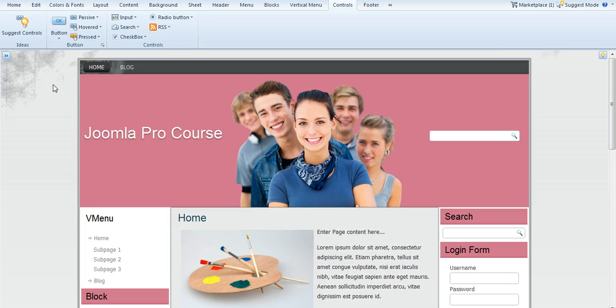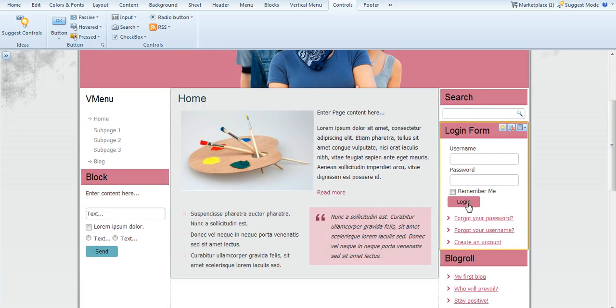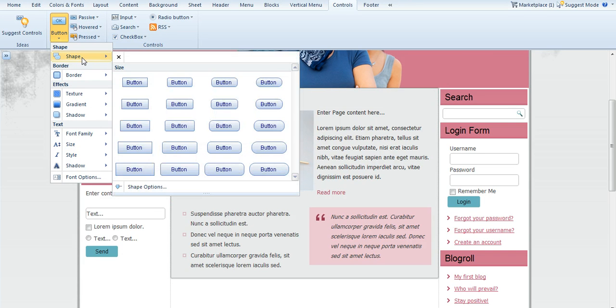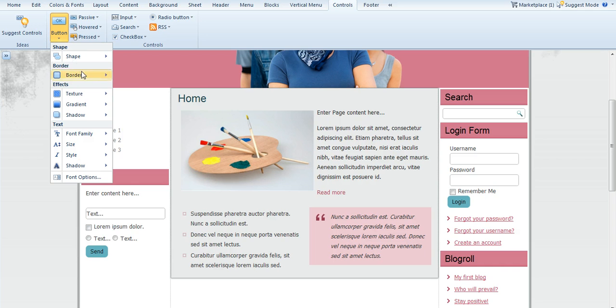Okay, if you're on the controls, this is where you can customize your buttons for your submit forms, like your login forms. If you have a look here, you can change the shape of your buttons. If you want to make it a bit rounder, you can do that. If you want to make it a bit bigger,